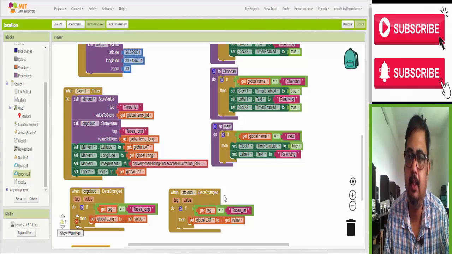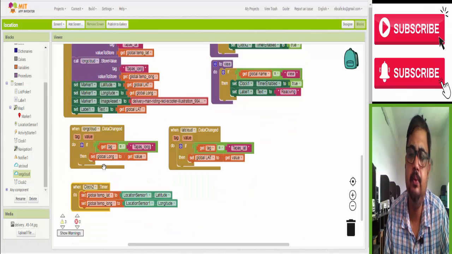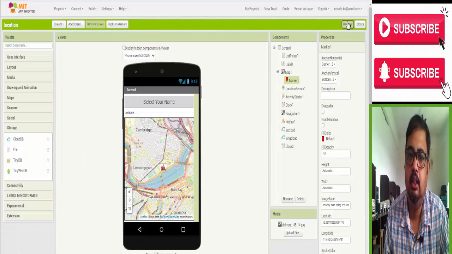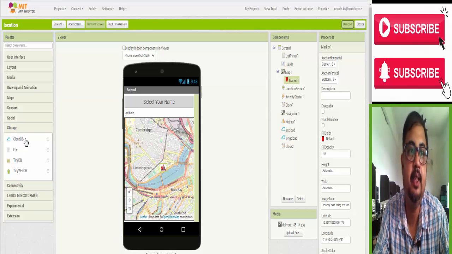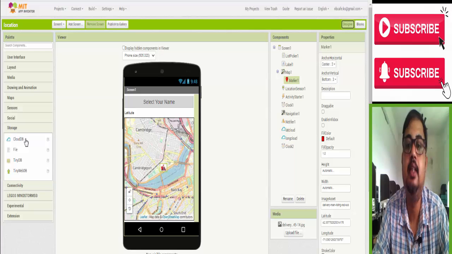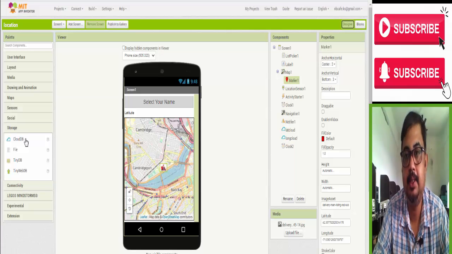You can use this part with lots of things, like in future you will see navigation also in my next video. You can see that apps with a Google Sheet link as a database. See here we use the CloudDB database, which comes free with MIT App Inventor itself, but it is not a purchased one.